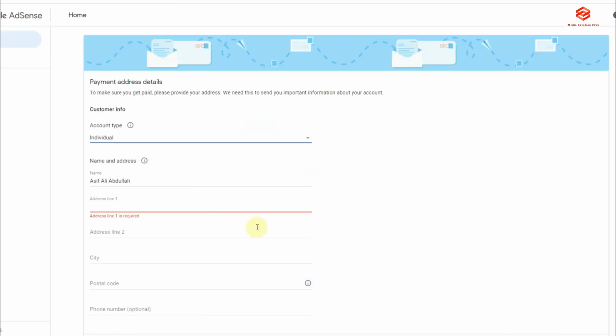Some people make a mistake here: they have the CNIC in Urdu and then they fill up the form in English. Once it comes to identity verification, it's very difficult to verify your identity, so I need to follow the same steps as per my ID. So I fill in here the same name as per ID in Urdu.